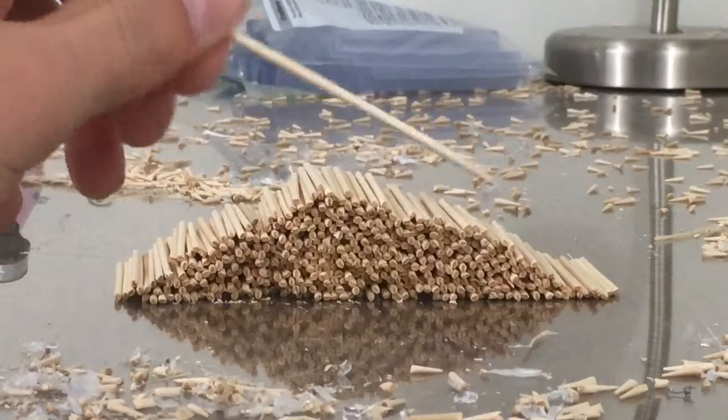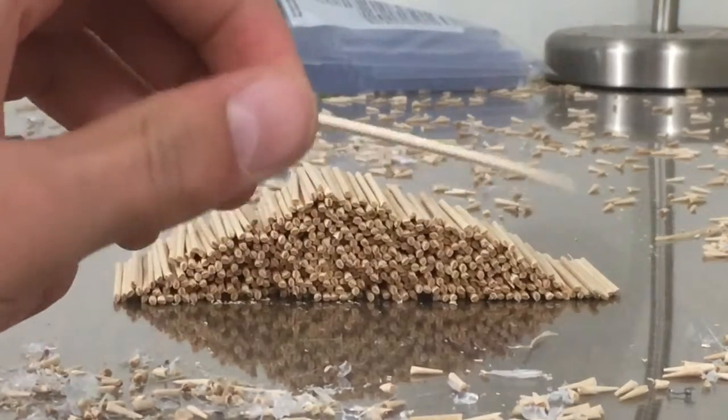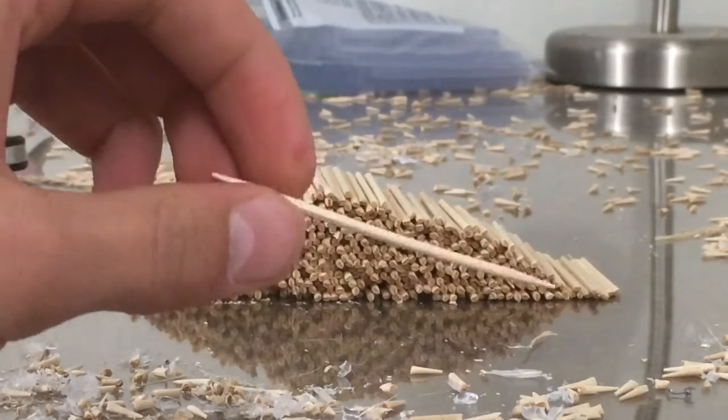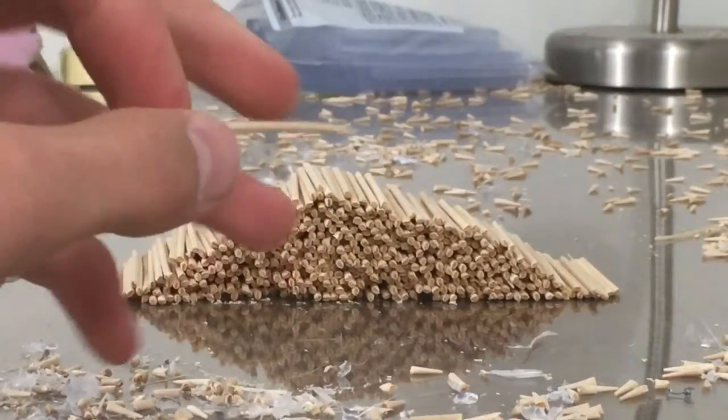One thing is, look at that. It's bent, and I didn't do that. It just came in the box bent, so I don't know what I'm going to do with that, because I can't put that on the wing, because I don't think wings are very bent. I don't know. Anyways,